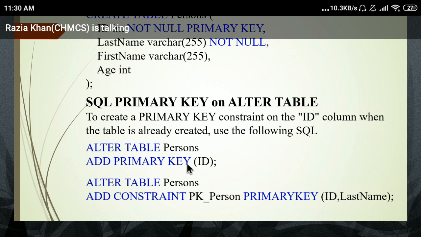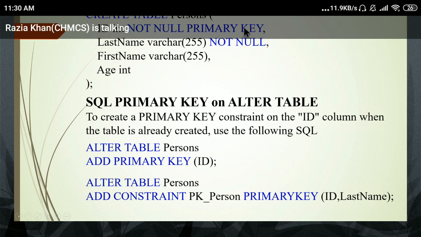When you use alter table, after creating, if you forget to apply primary key or any constraint in a table at the creation time, for example, if you create the table without any primary key, but before inserting the data you want to apply any constraint, you can apply it using an alter query. So alter table, then person table name, then add primary key and in bracket ID.